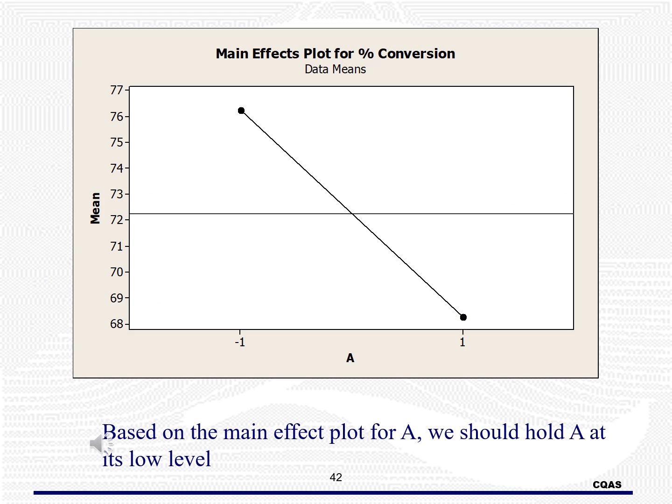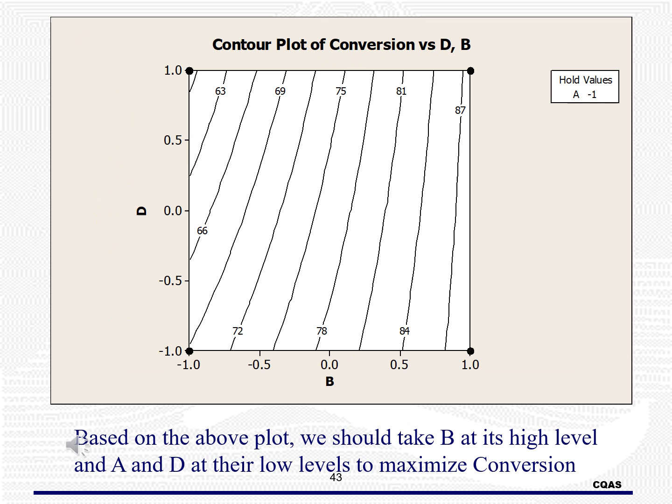Based on our main effect plot for A, the average response is maximized at the low level. Here is the contour plot using factors B and D. Notice that the contours are no longer straight lines. This is an indication that there is an interaction in the model. In order to maximize the average response, we should set B to its high level and D to its low